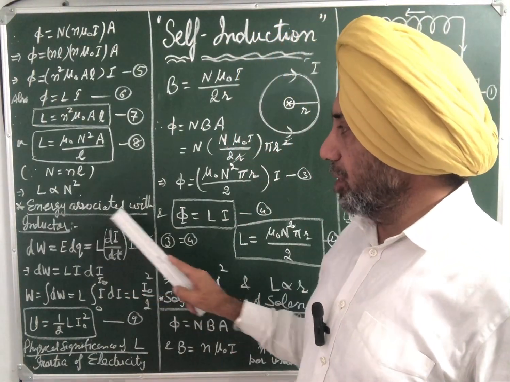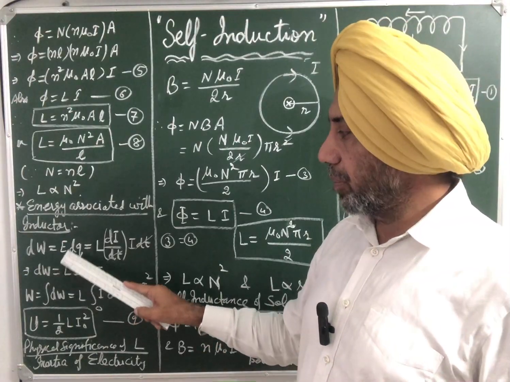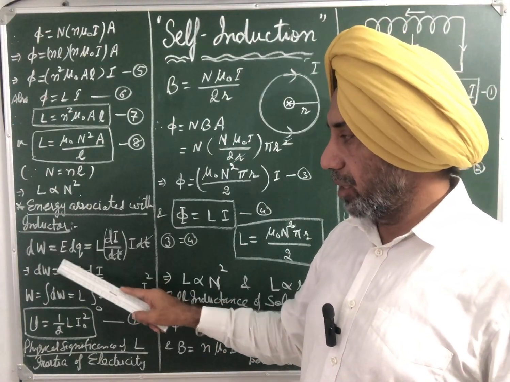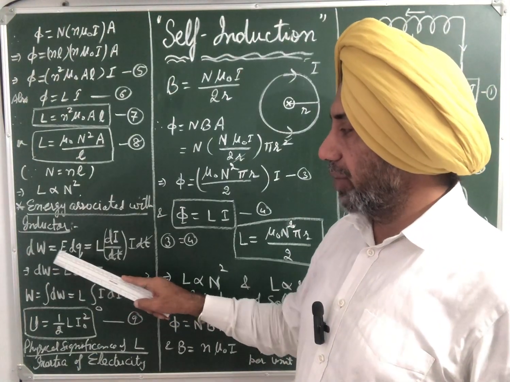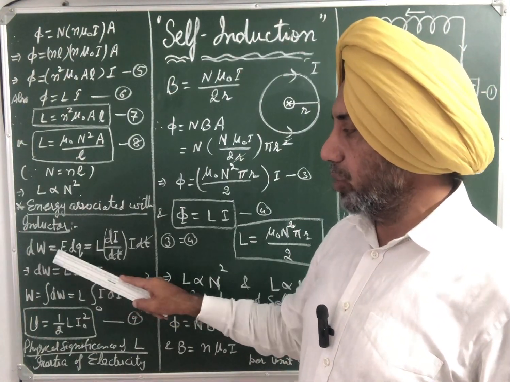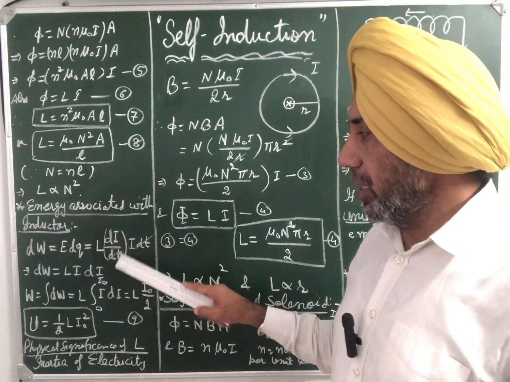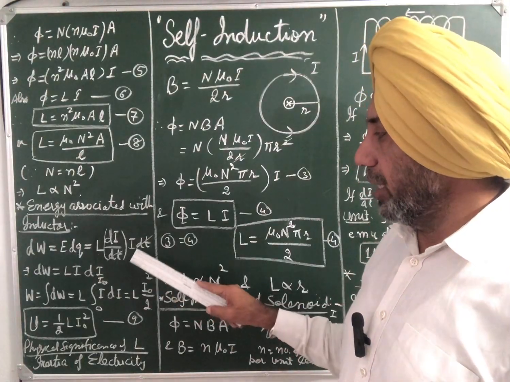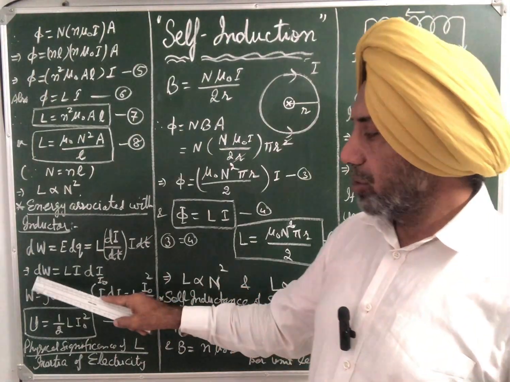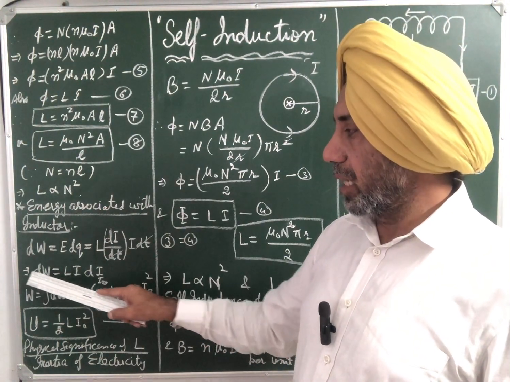So to find energy stored in the inductor, the amount of work done, if E is the potential difference, equal to induced EMF so produced. So by definition of potential difference or induced EMF, dW is equal to E dQ. Now E is equal to L di by dt, we have proved, or dQ is equal to I into dt, dt cancels. So small amount of work done in order to increase the current by d